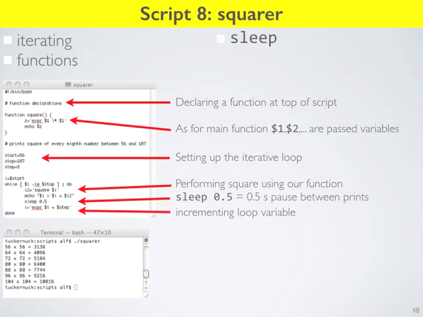So what the heck is square $i? This is actually our function. What we've written up top is a function to do this squaring operation. Bash doesn't have something like this built in. You can do it various ways, but there's no function called square in Bash, so we're writing our own. Function square is basically just like a second Bash script nested inside your first Bash script. Maybe that's the simplest way to think about it, and it behaves exactly the same way. So we define this. This is the idiom: function square, open, close, regular brackets, and the special curly brackets hold the statements that we want to actually execute.